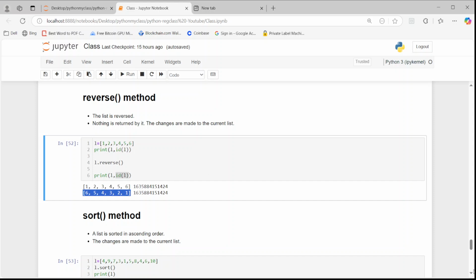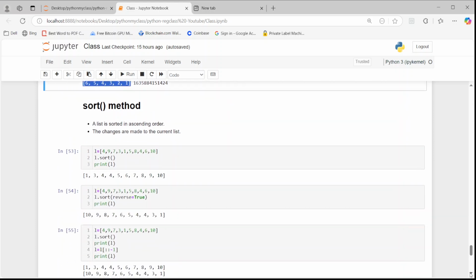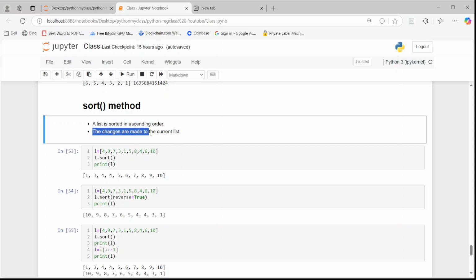Okay. Then here you have the sort method. A list is sorted in ascending order, that is by default. The changes are made to the current list. So let us see. L is equal to, you can see here you have a list 4, 9, 7, 3, 1, 5, 8, 4, 6, 10. There is no order here. No ascending order, no descending order. Randomly, arbitrarily, the values have been placed. Now, if I apply this sort method on the list,